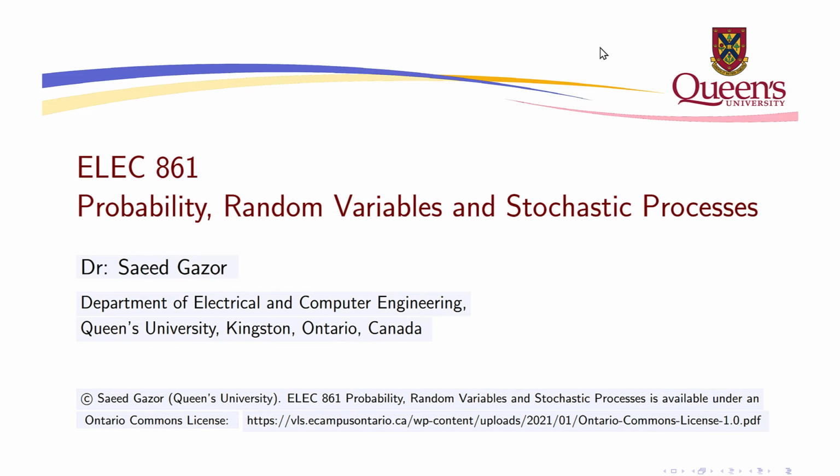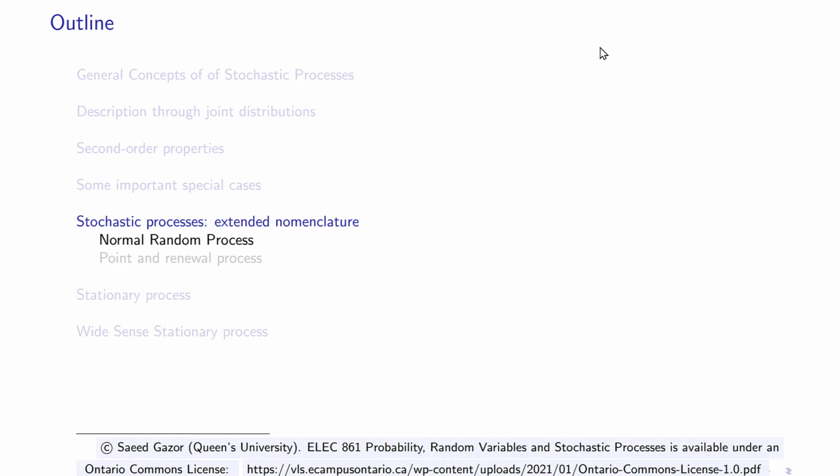In this important section, we define normal random processes and point and renewal processes. So again, we repeat and we add new definitions in order to facilitate your communication and work. A normal random process is defined as a process which, when it goes through a linear system, remains normal. So this is a self-definition. The definition defines itself.